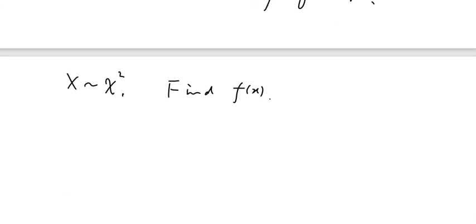We know X equals Z squared. So what is Z? Z follows standard normal, right? So we know the density function for Z, and then we want to find the density function for X. So such a problem